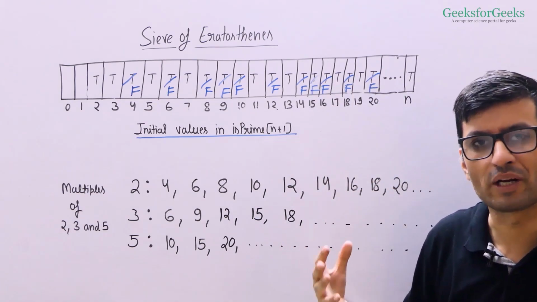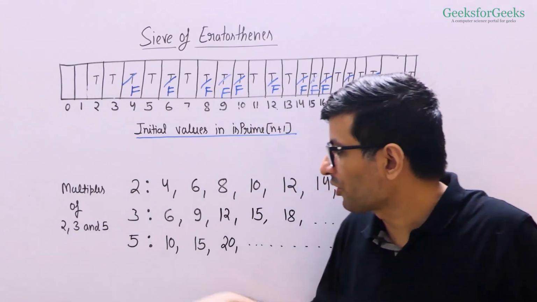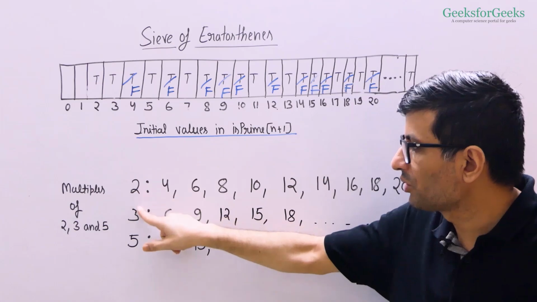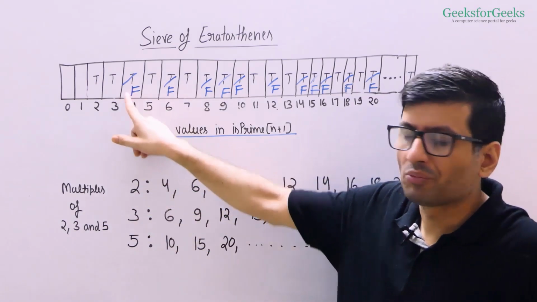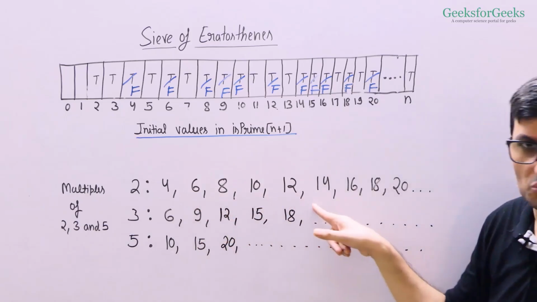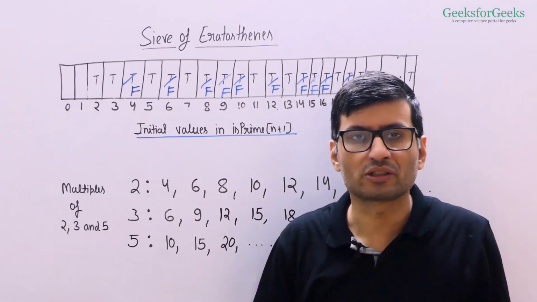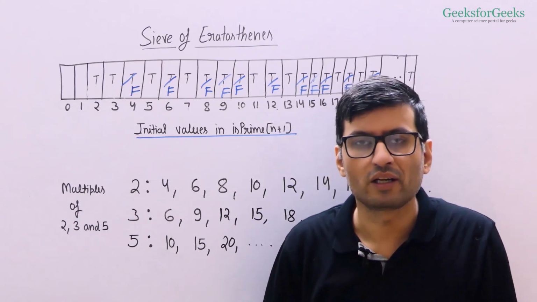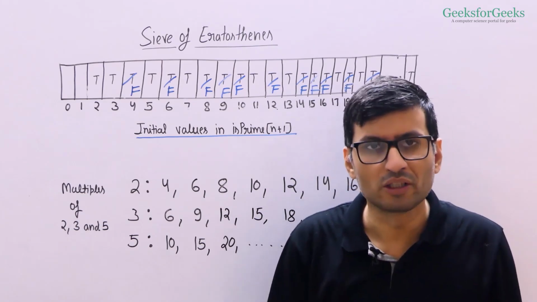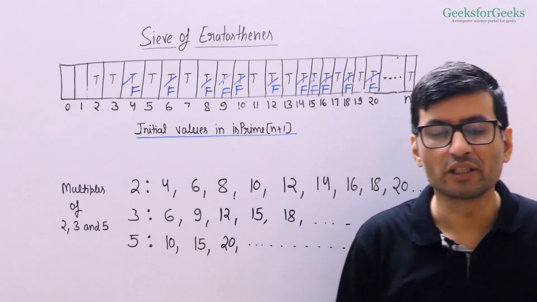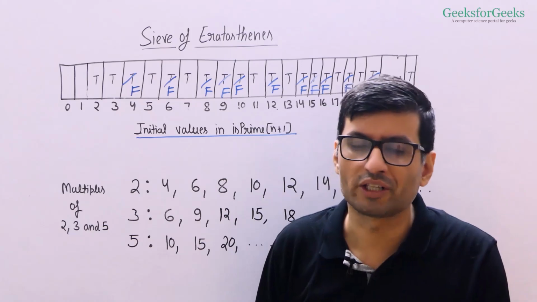So we have found the prime numbers using this approach. One thing you would notice here is I have not considered 4. I have written 2, 3 and 5. Why not 4? Because 4 was marked as false when we were considering multiples of 2. And there's no point traversing the multiples of 4 because 2 divides 4 and every multiple of 4 would also be a multiple of 2. So they must have been marked already.